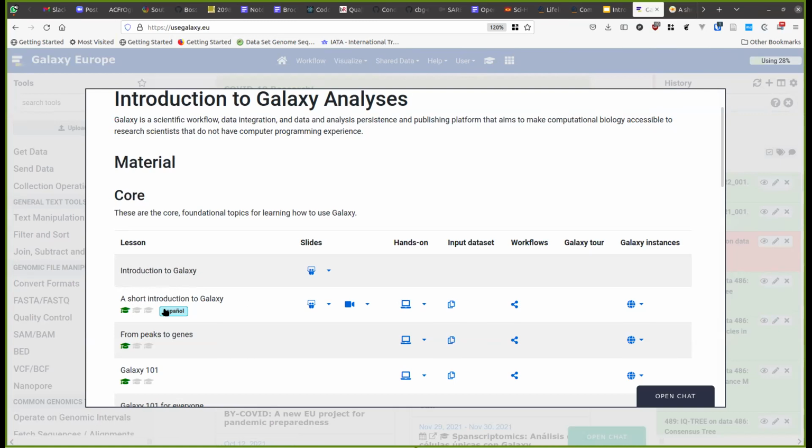This is the first tutorial which has been translated from English into another language, and there is now a push to translate more materials from the training network into other languages. So I'm hoping that in future we have en français, and I don't know which other languages we can translate these materials into to make them more accessible. But anyway, when we click hands-on,